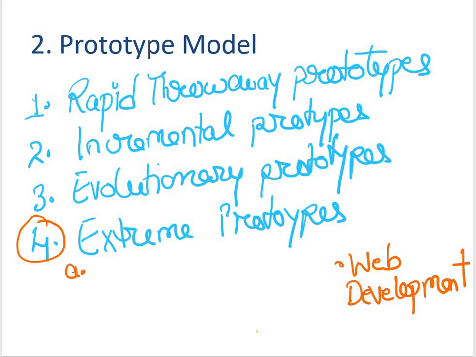The first one is a basic prototype with all the existing pages present in HTML format.